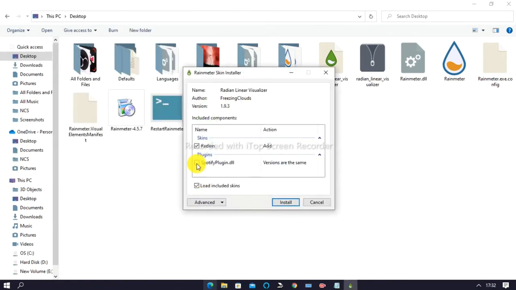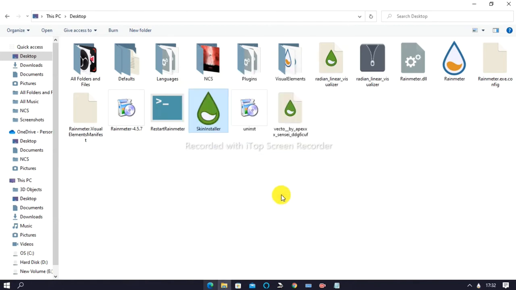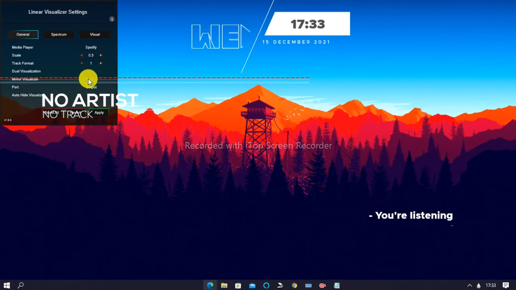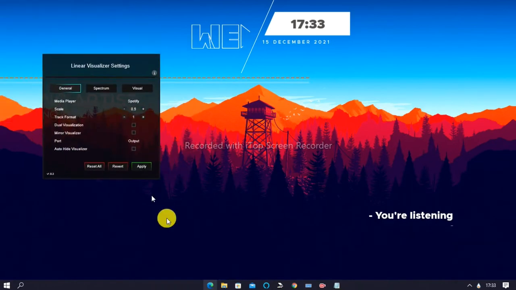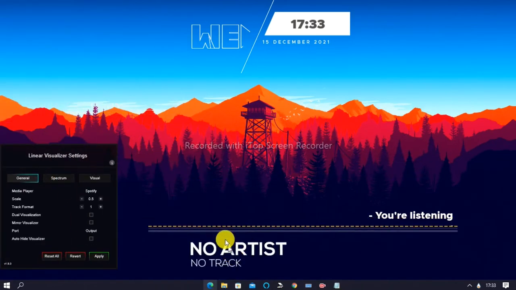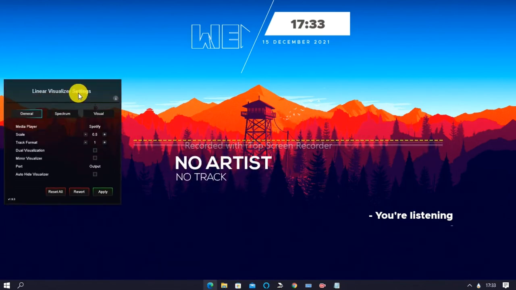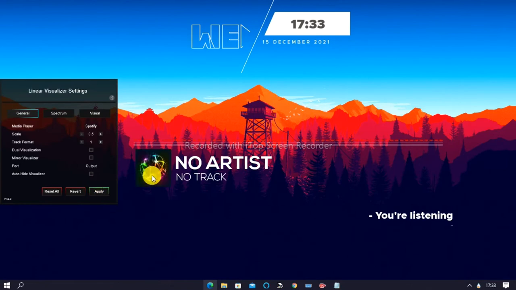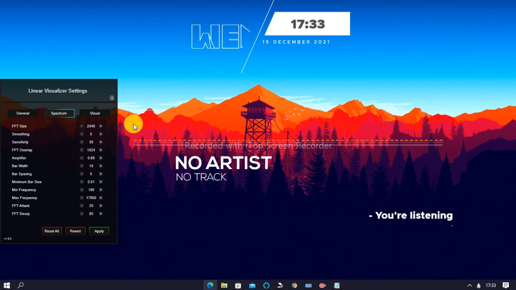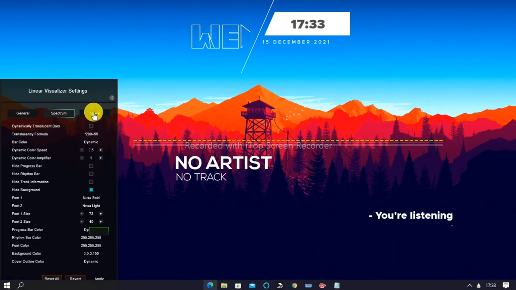So the Spotify plugin, I don't want to add that, so I will just click on install. I will recommend not to click that because they will just particularly do that. So you can see this is a big dangling piece of art, meaning the visualizer. So I'll just apply it.